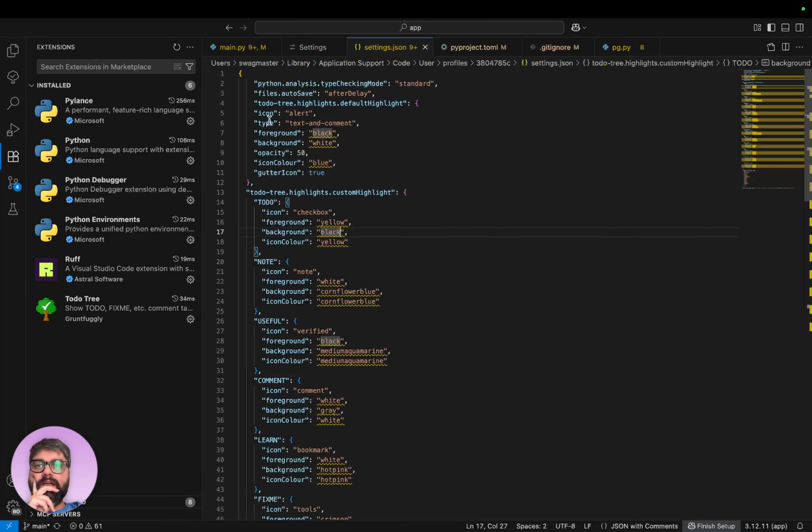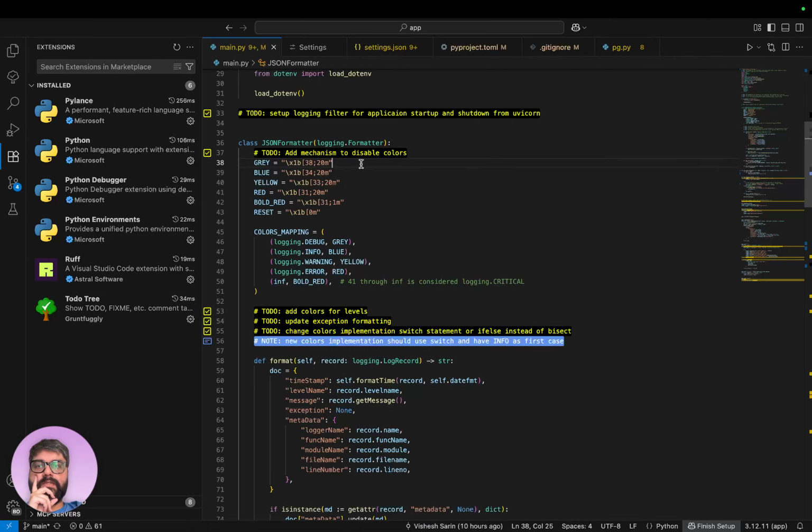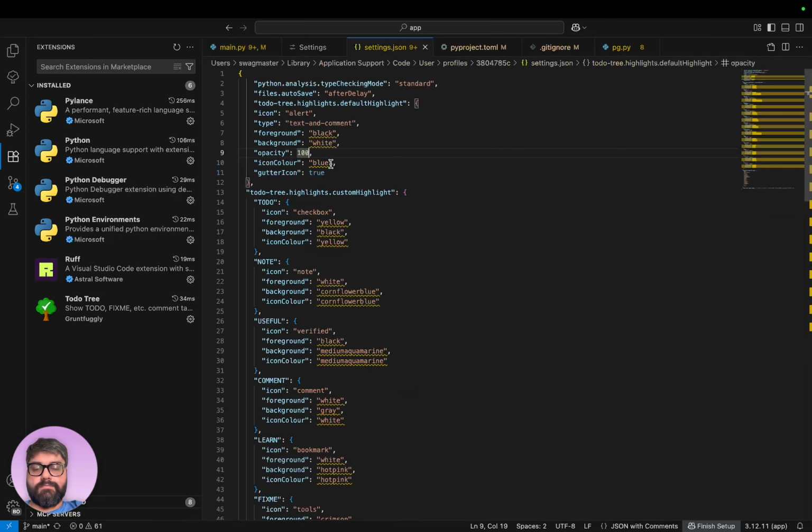Files, autosave, icon type, foreground, background, opacity. Set the opacity to 100 actually. Just make it completely. Oh wait, I meant 0.